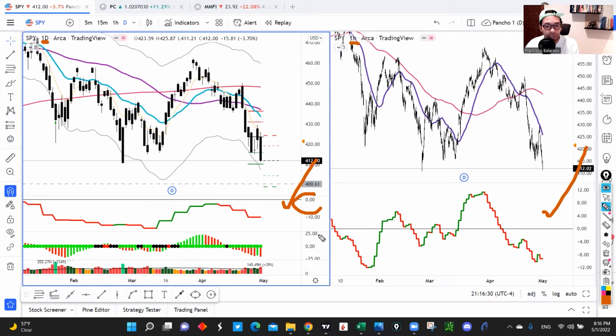So as you can see here, the MOXIE indicator in the daily continues to trend below zero. That means that we continue to have negative energy. And you can see right here, the hourly also is below zero. So what is the setup? Usually when the MOXIE indicator is below zero,